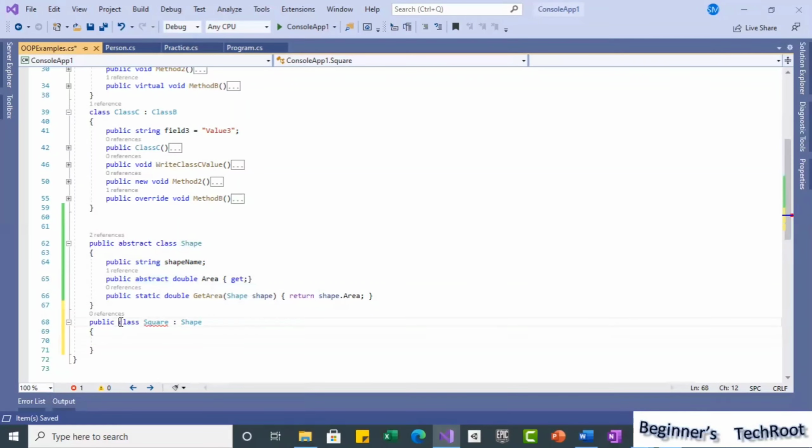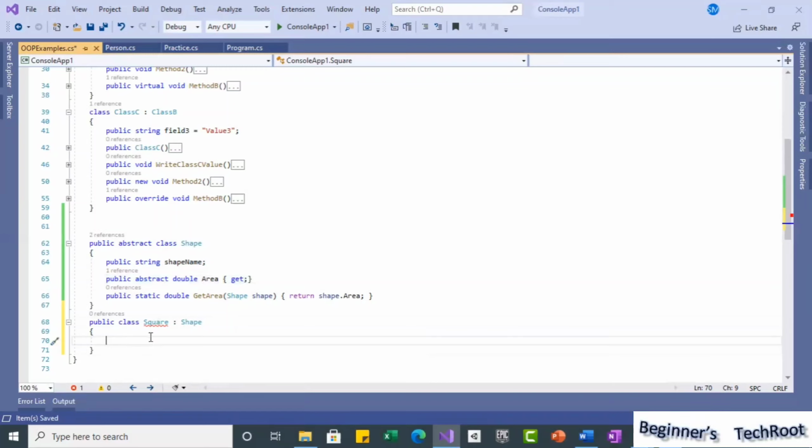Otherwise, if it is a non-abstract class, suppose you make this also an abstract class, then no problem, the error is gone, because again this will be abstract, and the same will be inherited as abstract. But if you make it a non-abstract class, whatever is defined as abstract in the base class, you should implement. That is what this error is.